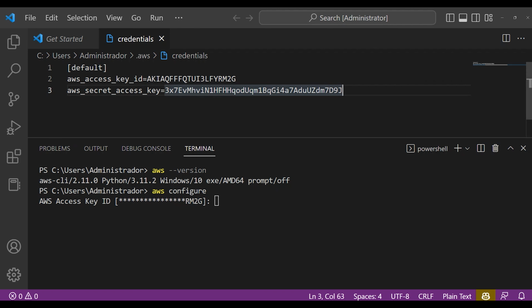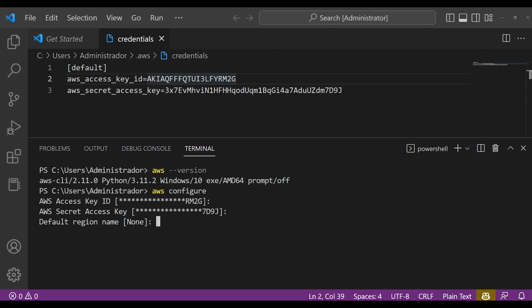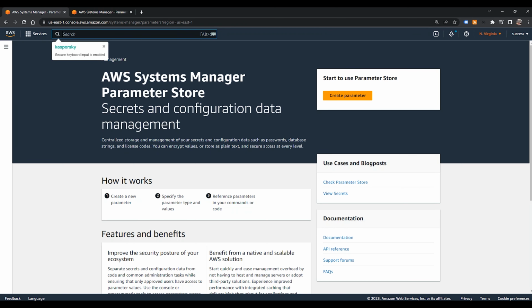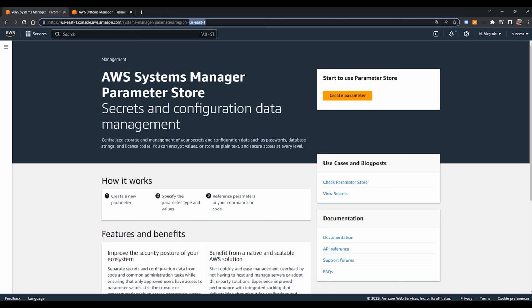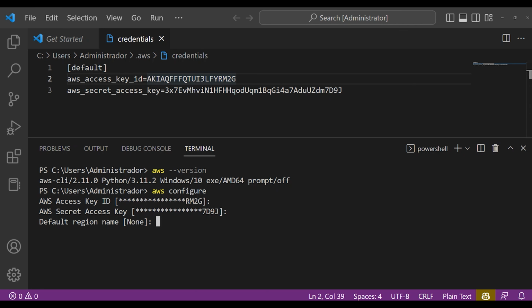It's the same one that we pasted there. And also it's going to tell us the secret key, and it's going to ask us which region are we going to use in this case. So we go to the Amazon Web Service page, and depending on the region we are, you will see in the URL the region that you are right now. So in my scenario, I'm going to use us-east-1, and default output format is going to be